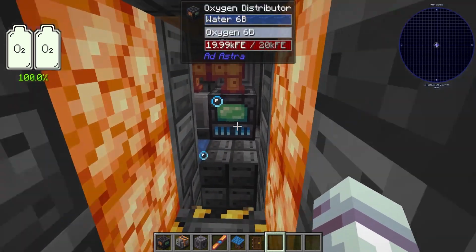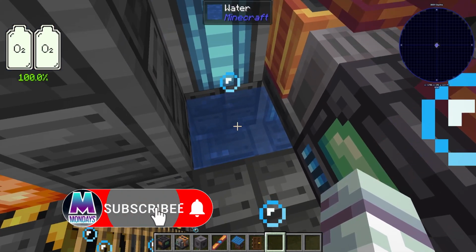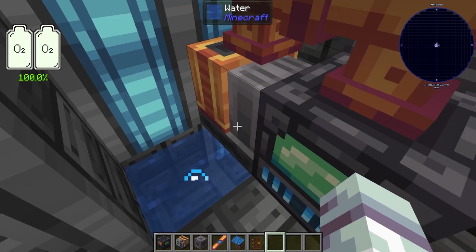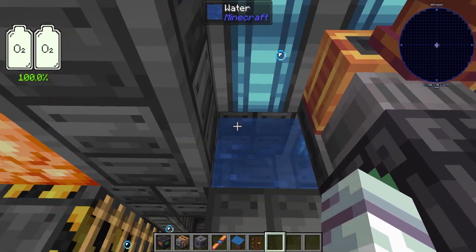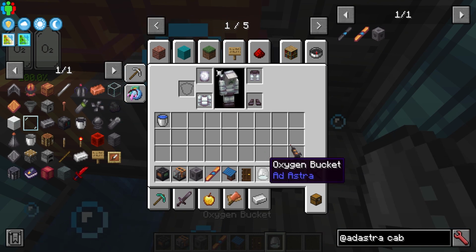But something very interesting when we have our distributor here. One is with water, because we need an infinite source for our water pump. With water, water turns to ice in a vacuum. So you are going to want oxygenated air before we actually get here. For that reason, you're going to want to bring yourselves a bucket of oxygen, which you can simply get buckets